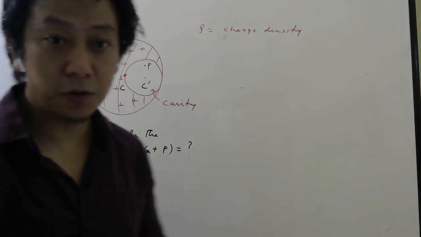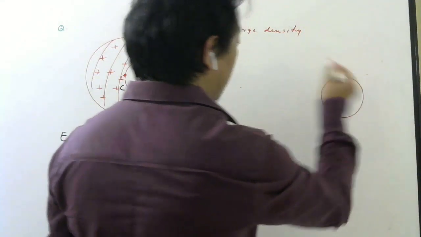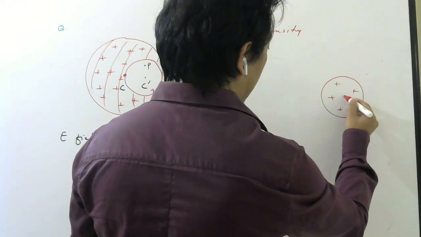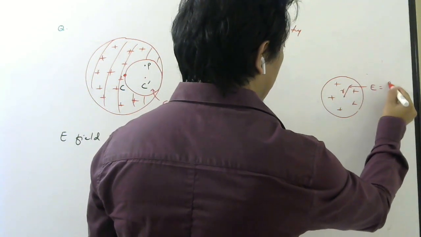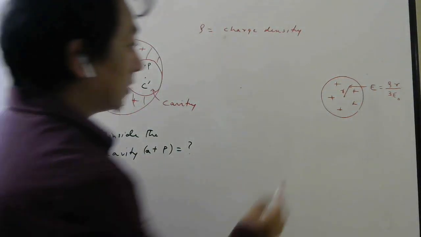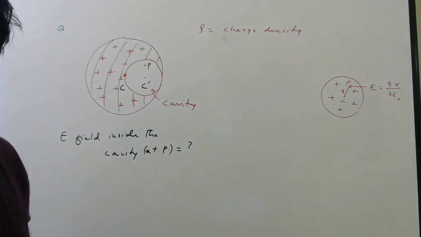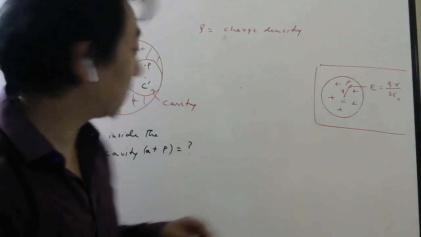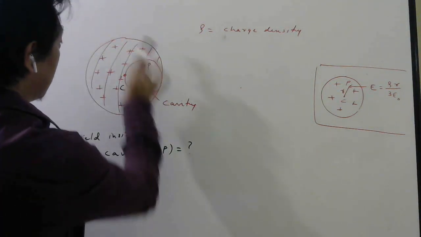Now to approach this question, we are going to make use of the formula that I just derived. If I give you a uniformly charged sphere, then at a distance r inside, what was the electric field? Rho r by 3 epsilon naught, and r was from the center to the point. So this is the formula that we are going to make use of. Please don't forget this formula, we have derived this today. Okay. Now, but see, I want the electric field here due to this charge.